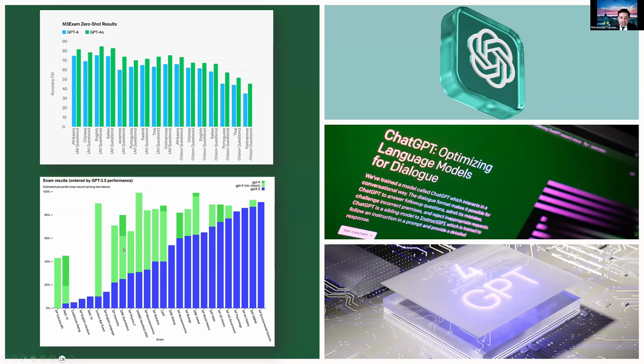Now, let's check the light green. The light green is GPT-4, no vision, which means it couldn't read images. The version that they tested couldn't read images. So we can see that on GRE quantitative, GPT-4 got to the 60th percentile. It was doing better than 60% of human beings. Now check when we add vision